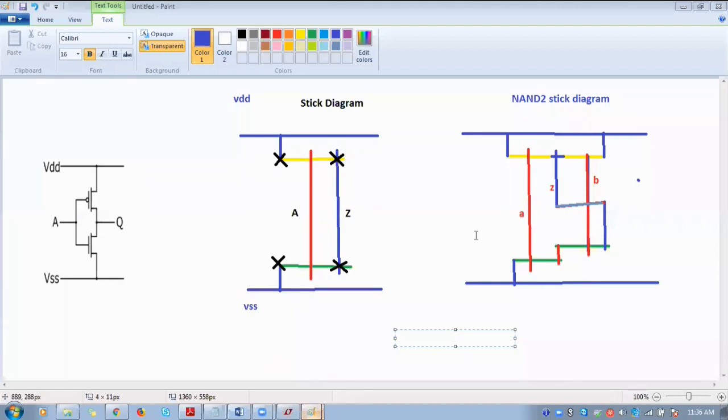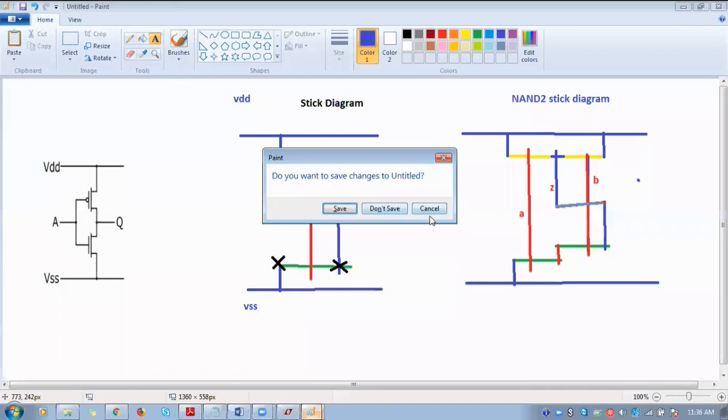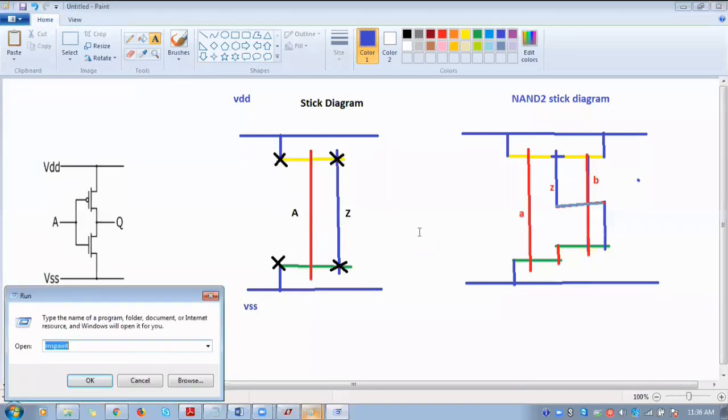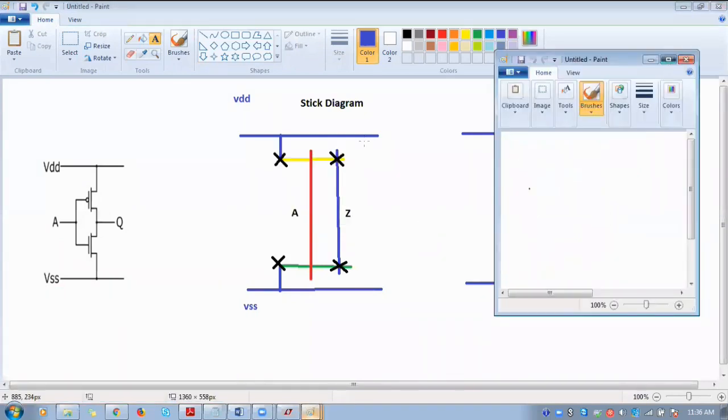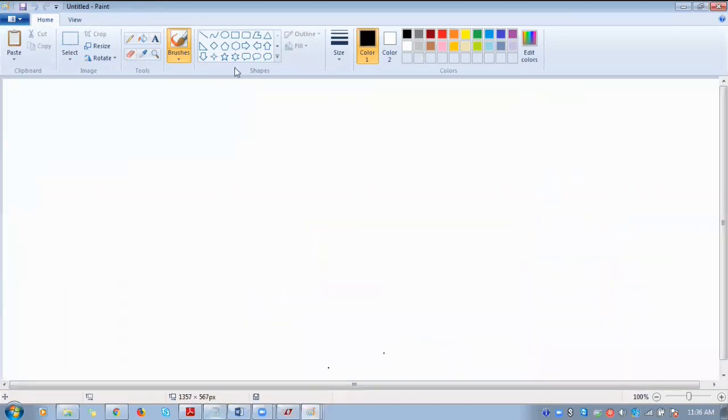So layout design also follows the same color coding. It is very easy to design layout diagrams if you are thorough with stick diagram.